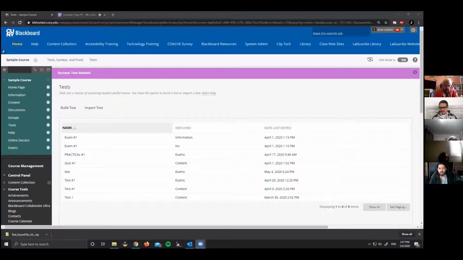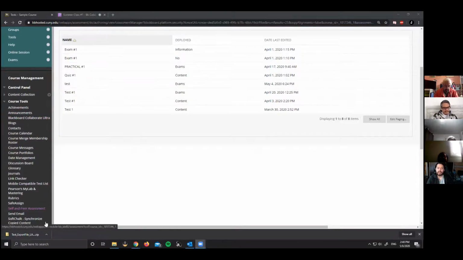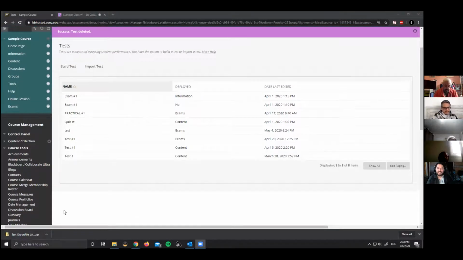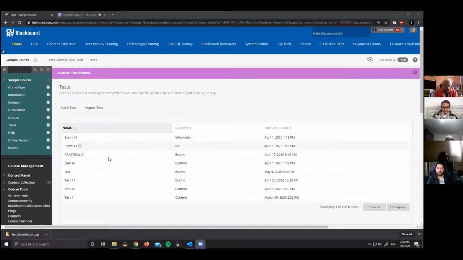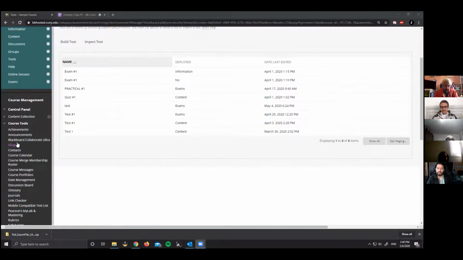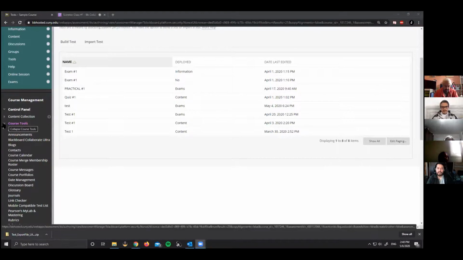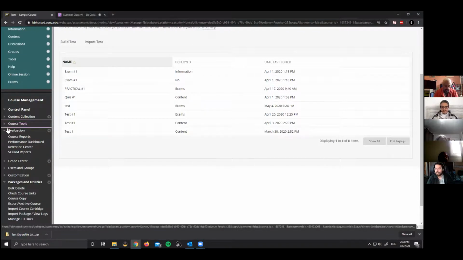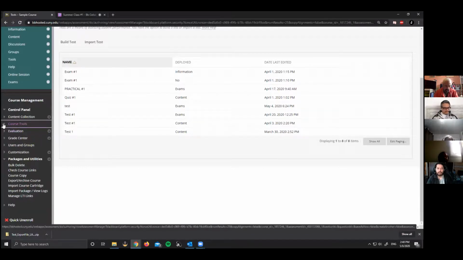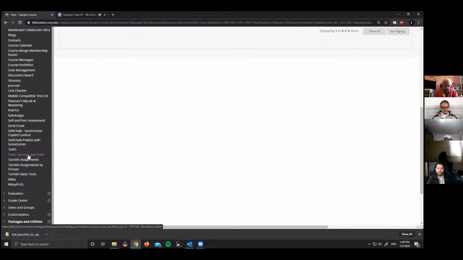So when importing tests, you want to make sure, obviously, that you have access to those textbook resources that publishers sometimes have. You'll be able to export the exam as a zip file, right? So right now, I created a zip file from a test that I created in one of my courses. The way you import the zip file of that test that you got from those textbook resources is you go under your course tools, you go to the test surveys and pools,